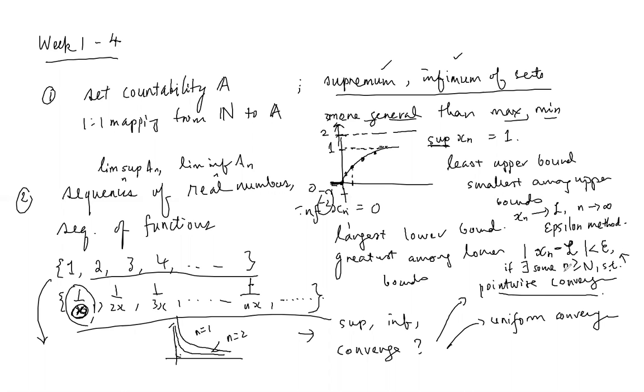If there exists some threshold value n such that when your index exceeds this threshold, the absolute difference between that particular value in the tail of the sequence and the limit will not exceed epsilon. Okay, and we have already looked at that, for example, if you have a sequence like the simplest one, this, right?